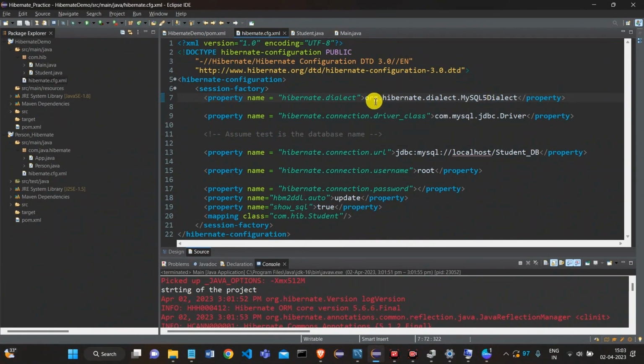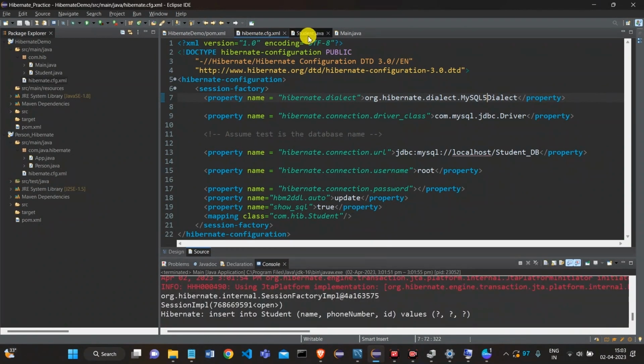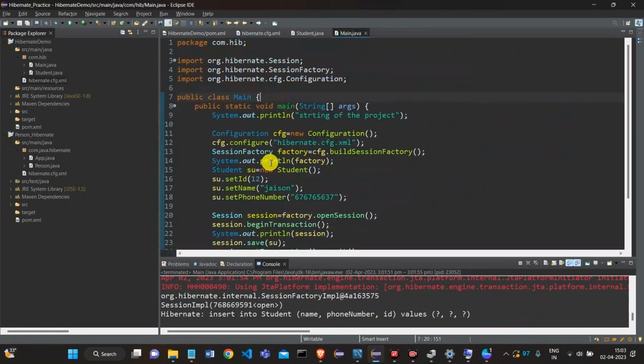So this is the issue I'm getting. Because of that, I'm getting a lot of exceptions. So now I'm giving new data, 39, some numbers I'm changing. If I run it,